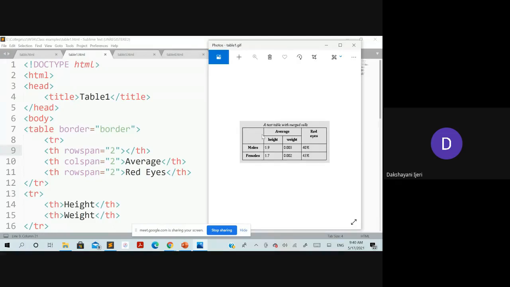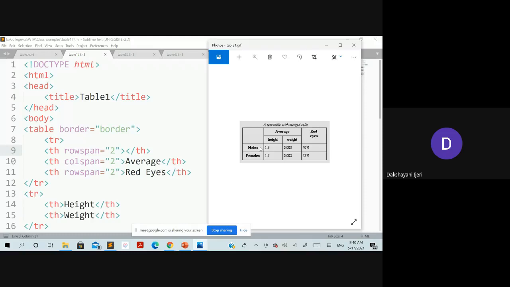Okay, so you can see here the first cell is empty, so you don't have any content here. Instead, it is merged for the next two cells, that is, in terms of the rows, the two rows have been merged. If you draw and analyze it, you'll get to know that two cells of the rows have been merged, for which th rowspan equal to 2 has been taken here.